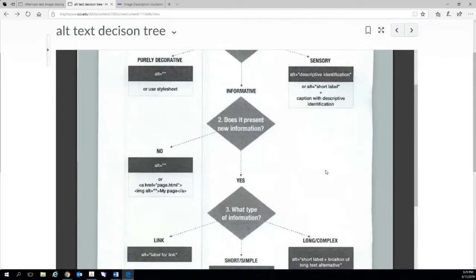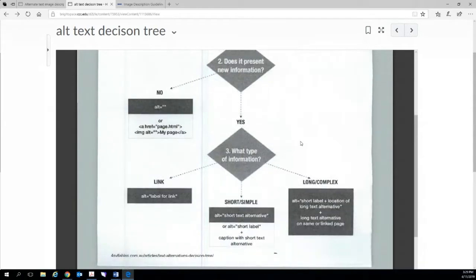If that image is not decorative or just basic sensory, then it's going to be informative. Now you have to decide what information, if it's new information or if it's not new information, what information is it presenting to you? If it's not presenting any new information, then you're done. If it's presenting new information, what type of information? This is where you have to decide if it's short information, if you're going to use the alt text or the alternate text, where it's going to be the short description. If you're going to use the descriptive, where it's a longer